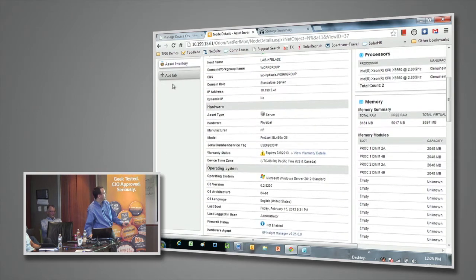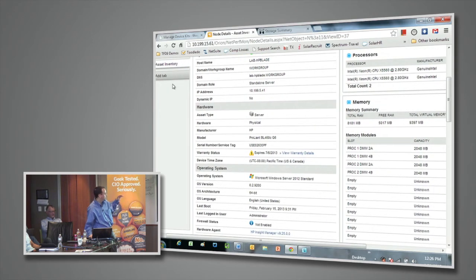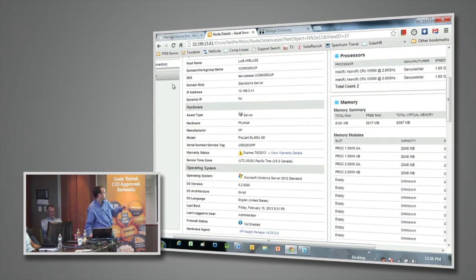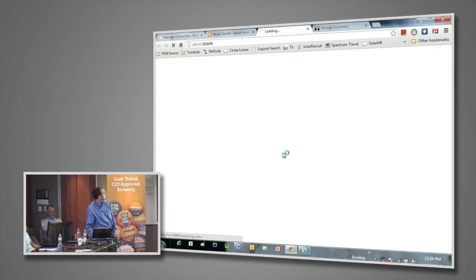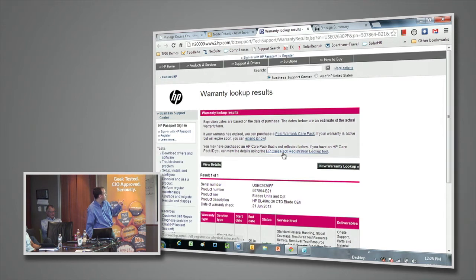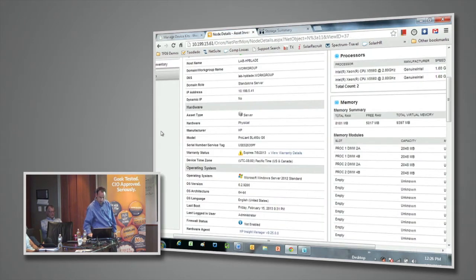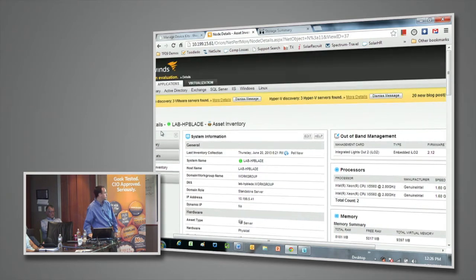So if I go over here to asset inventory, you'll see things you'd expect to see in an asset. But also here I can click on view warranty details, and in this example I'll go out to the HP site and it'll pull up all the details about that. Then I can use the native tools within the HP or the Dell or the IBM site to either renew it or change the level of it or whatever I want to do. Neat. So those are still cool features, not as cool as the first 2 I've showed in my opinion,